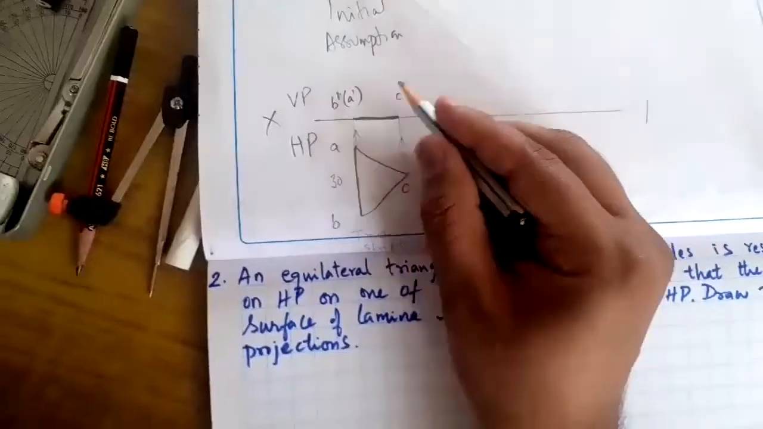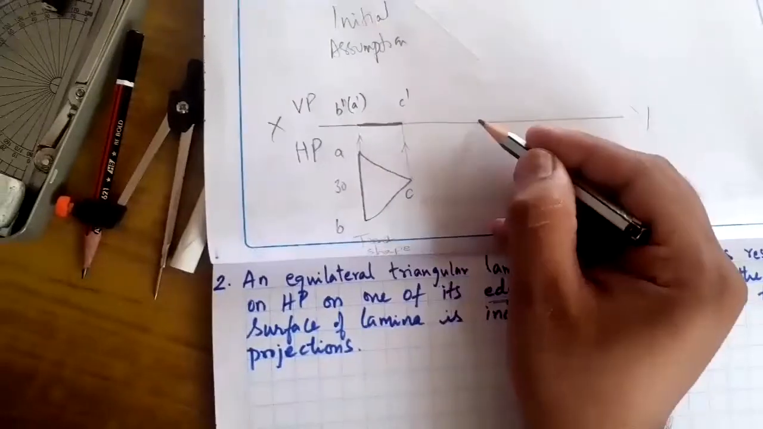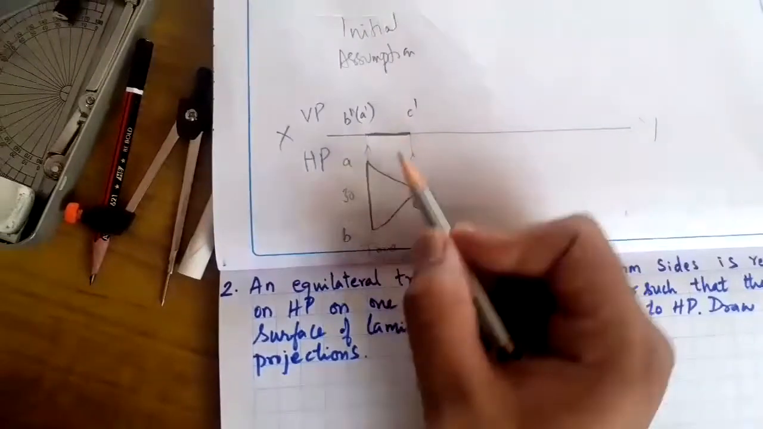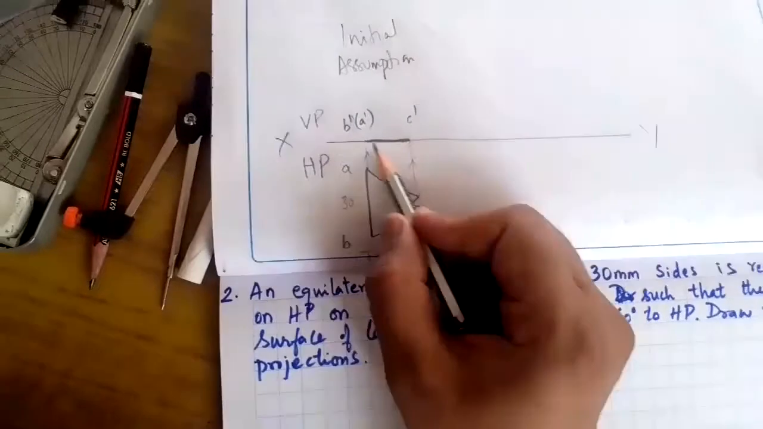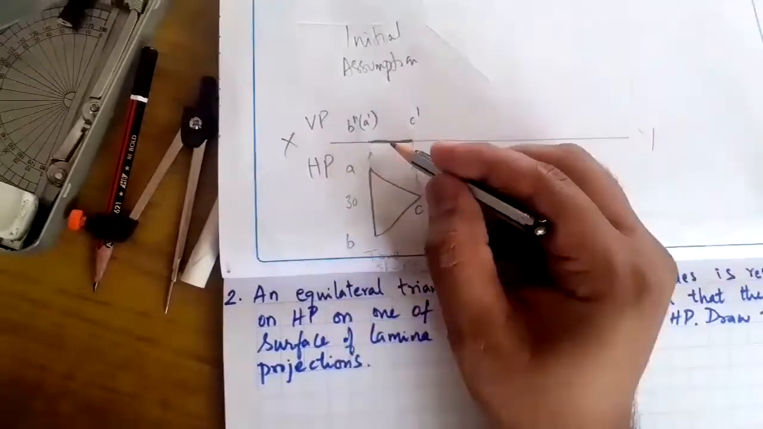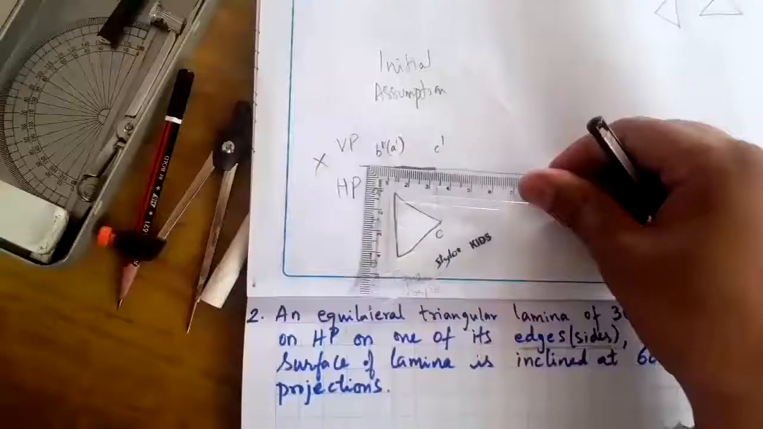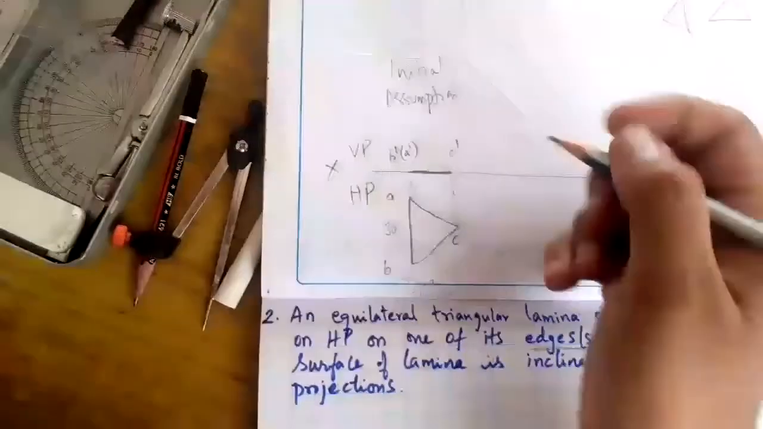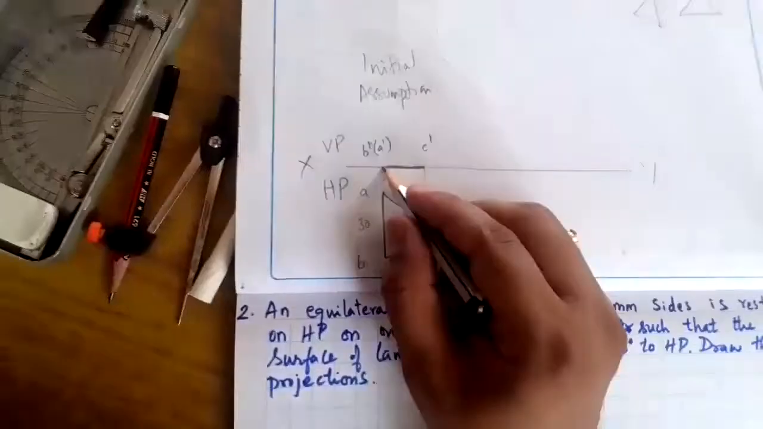This is not 30 mm. This will be the altitude of this triangle. I'll shift this triangle, measure how much it is, maybe around 20 or something. Shift the same front view. See, same front view, I'm going to shift it